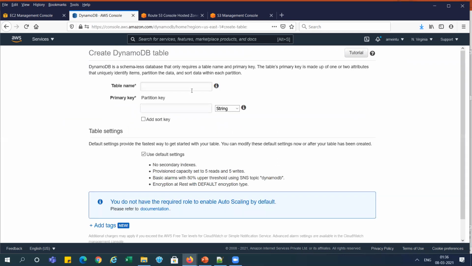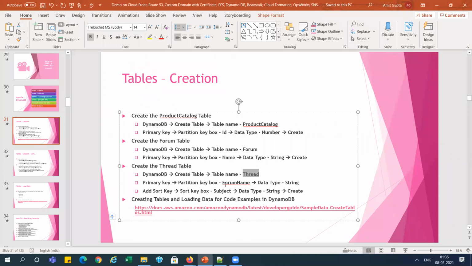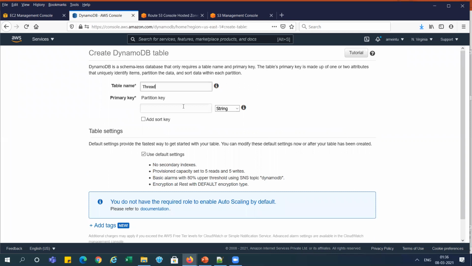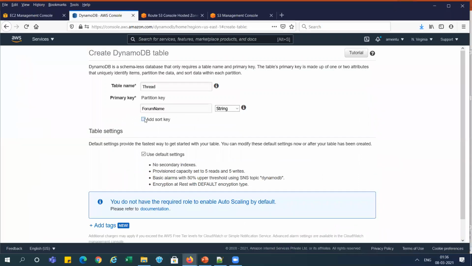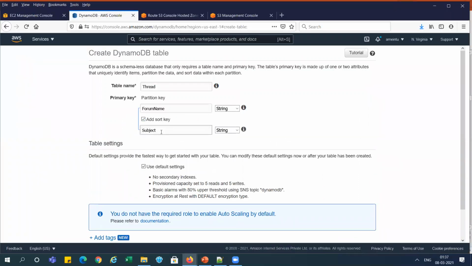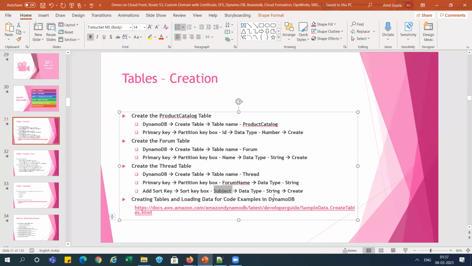Now we are going to create the third table, Thread, and the partition key, you can see ForumName, the data type is string, and the sort key, we can see this Subject. Add sort key, and we are giving Subject, and the type is also string.